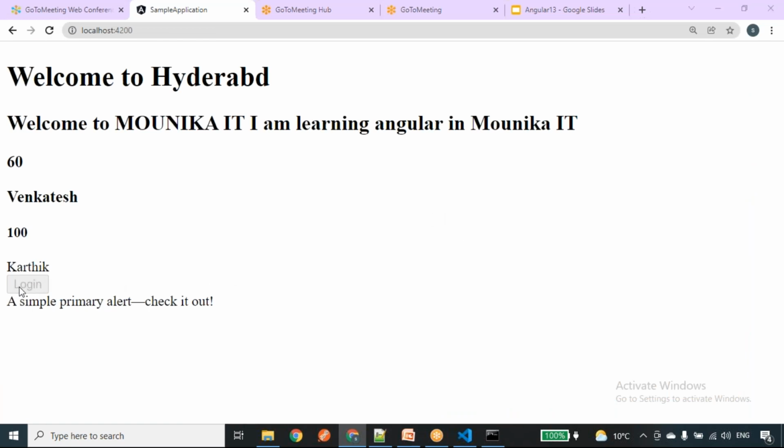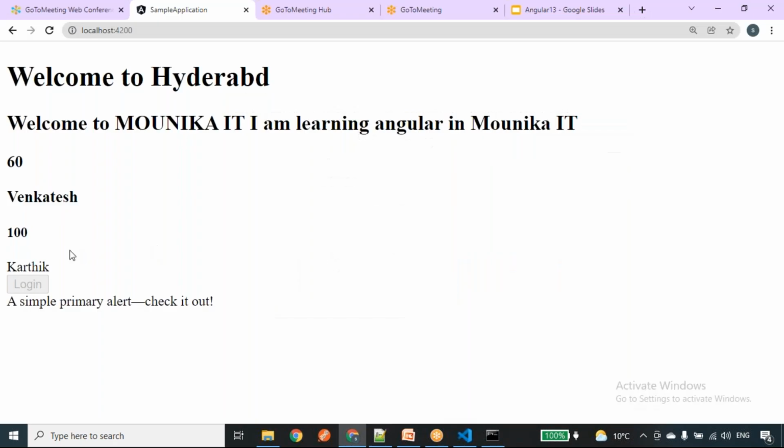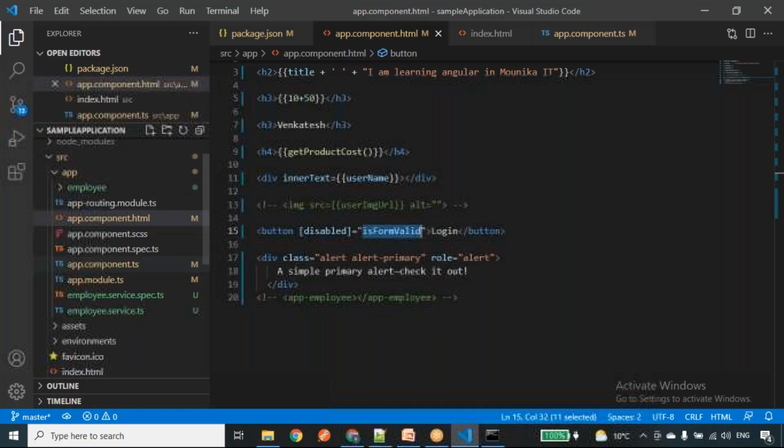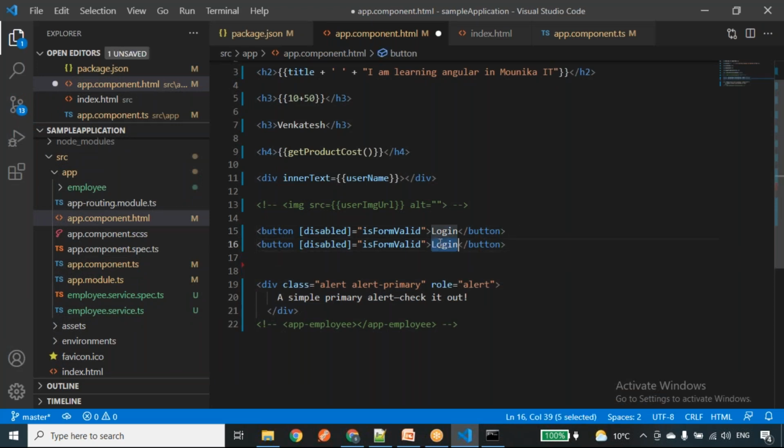The button was disabled because I used the disabled property and gave it the value true, so disabled equals true means the button is disabled. Let me take one more button, a sign up button, to differentiate between interpolation and property binding.